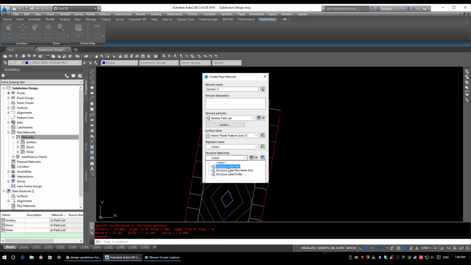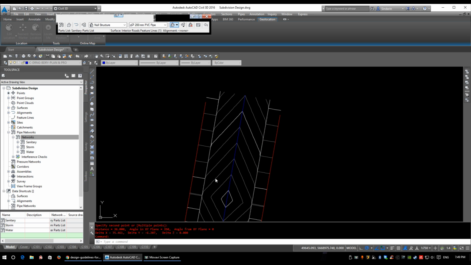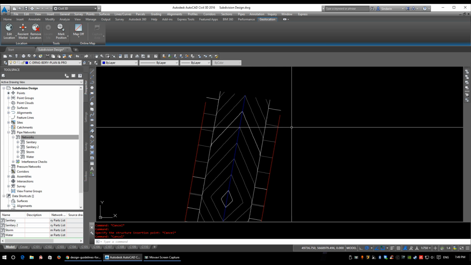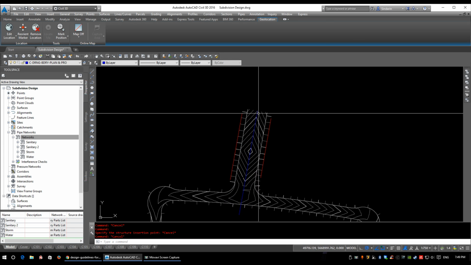Structure label style. So I want to use structure label plan for this. And pipe label style, I want to use pipe label plan sanitary. So I'm going to set those options up, and again, don't worry about alignment yet. We're going to make one, and I'm going to click OK. So up pops up our sanitary network layout tool. So I'm just going to close this for now, and I'm going to go ahead and make an alignment down the